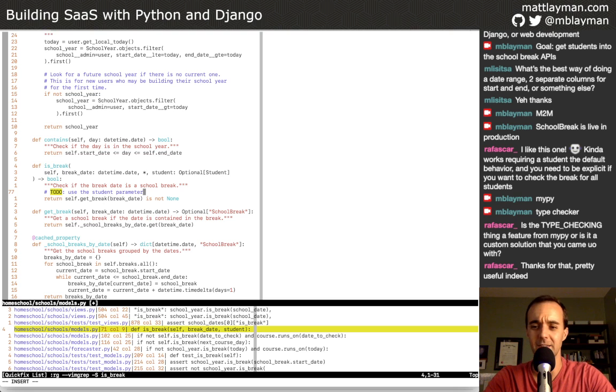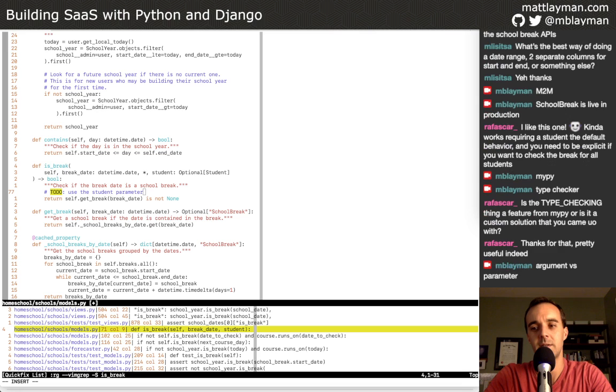I said it like that because there's actually a semantic or naming distinction between an argument versus a parameter. This is deep programming nerd stuff, but it's fun. I think it's interesting anyway. An argument is the name of the thing that you pass in when you call a function or method.